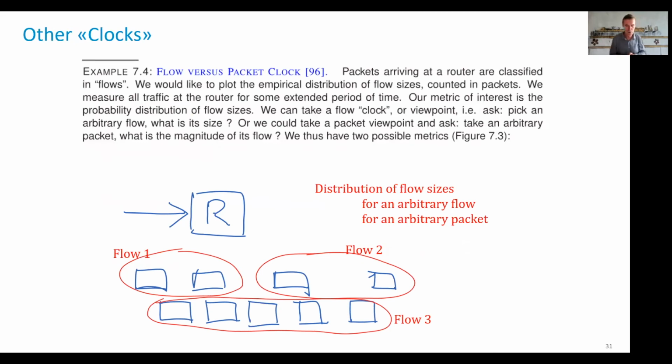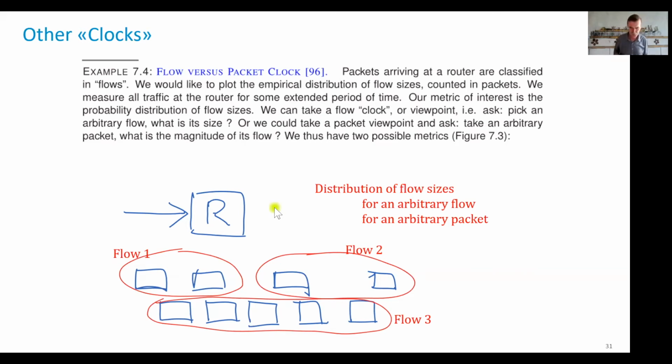Here's another example where the context is very different, but the methodology is exactly the same. The classical framework in which Palm calculus is presented is when we have various timings that are chosen. For example, we discussed measuring what happens to a server at an arbitrary point in time versus whenever one of the tasks that serve the packets or the jobs wakes up. So at an arbitrary event versus at an arbitrary point in time. But this can be much more general.